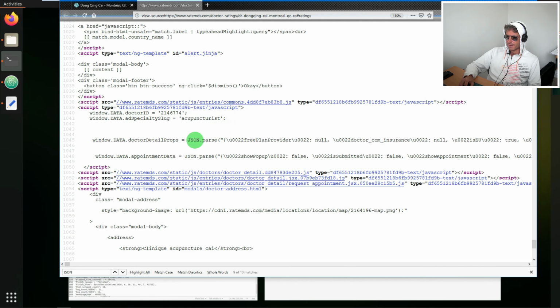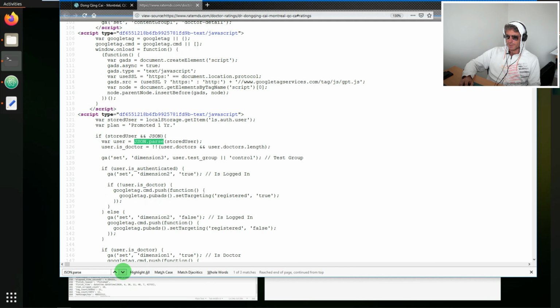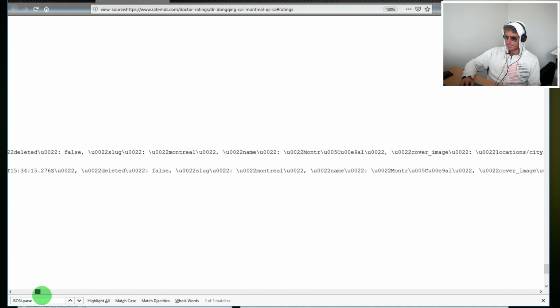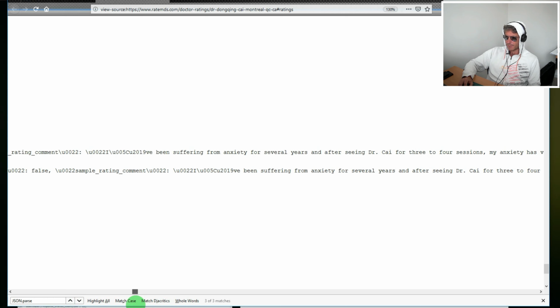That's messy. I think what I'm going to do is just to search for json.parse, and let's try that. How many find? It's found 3 matches. So first one is not useful. Second one is what we've just looked at, and third one I suspect will also have some useful comments or something in it that we might be able to work with.